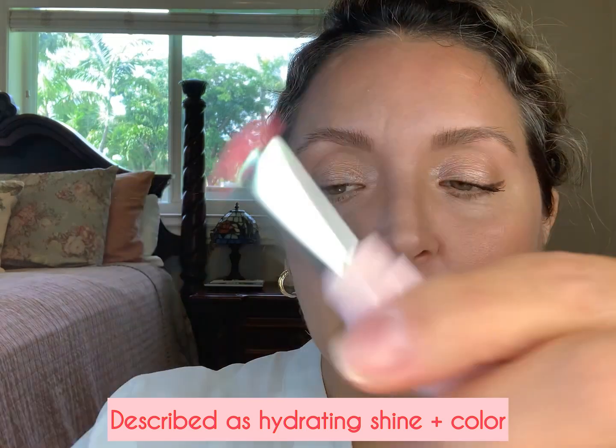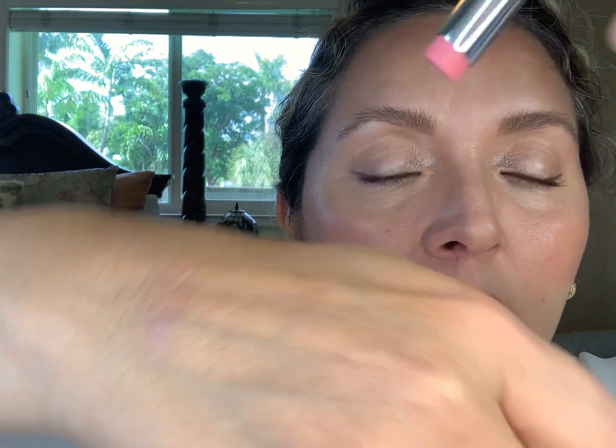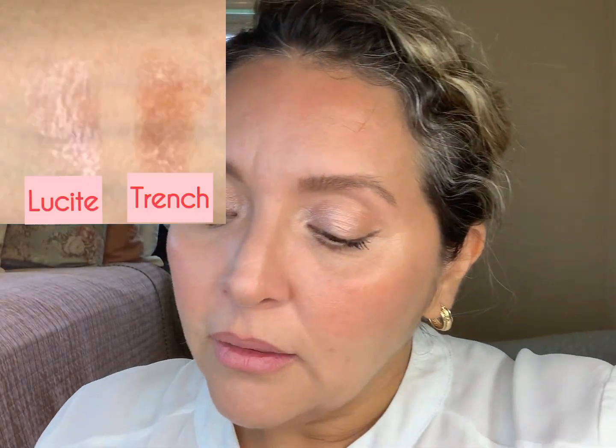This is in the color Lucite, which is supposed to be a milky pink. There we go. That's very pretty. Okay, and then I also purchased it in Trench, which is supposed to be a toffee color. Okay, so what I think I'm going to do is, and the G's are already gone. So in my haul video, what I meant was like when you apply these, they will get used up rather quickly, I feel. Okay, so I'm going to apply the Lucite only because it's almost like a transparent lip balm, and I want to apply